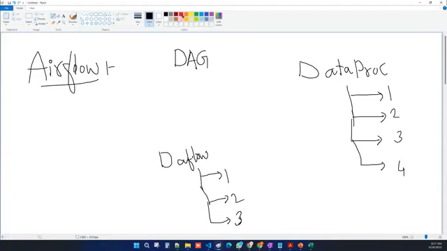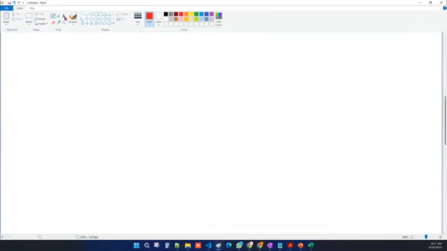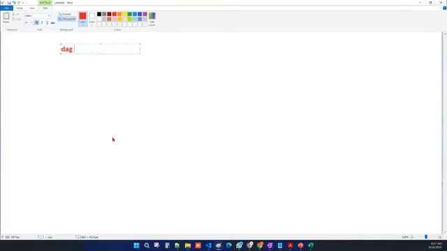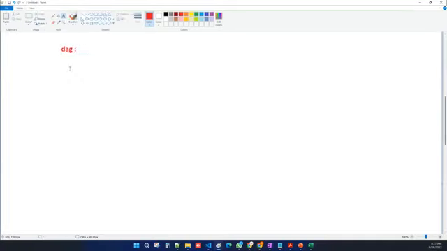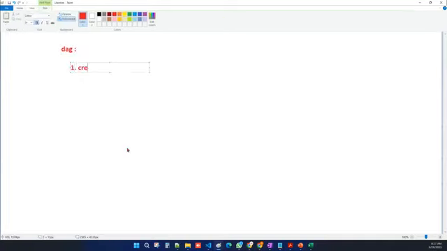you create a DAG. What will this DAG do? The DAG will create your Dataproc cluster first. That is task one. In task two, it will submit all the jobs to the cluster. All the data